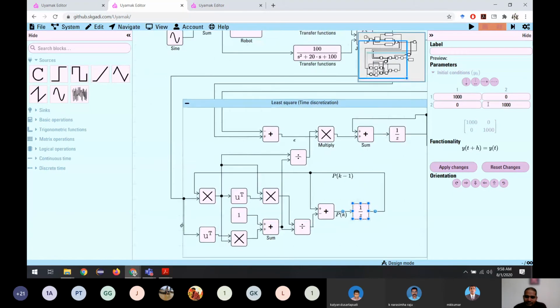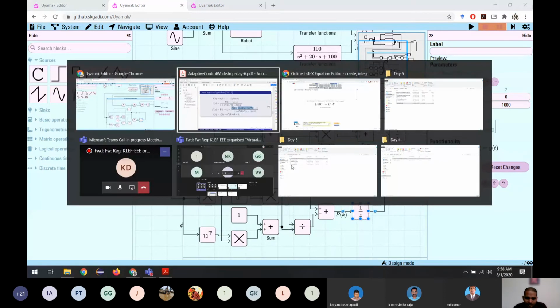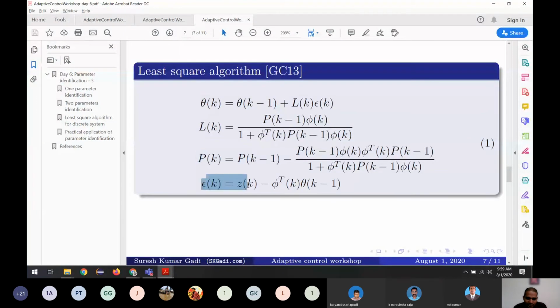And while giving initial conditions, we have to make sure the eigenvalues are positive, and also that it is a symmetric matrix. So how do we make sure the eigenvalues are positive? A simple technique is to put a diagonal matrix with all positive values. If the diagonal matrix has all positive entries, we can say that all the eigenvalues are positive. So we have this equation, and let's go to this one.